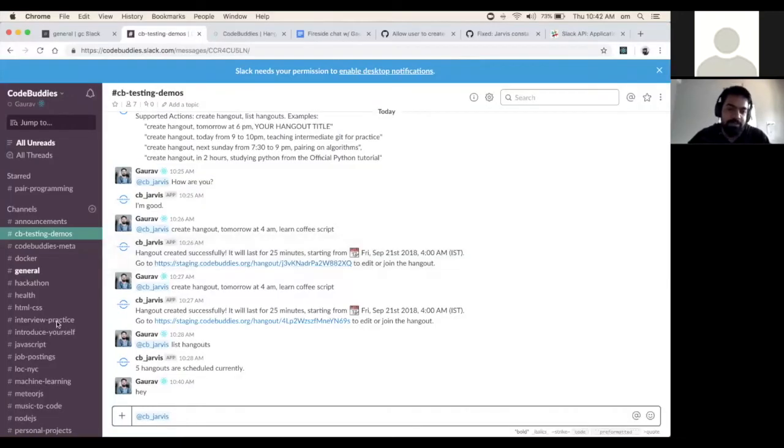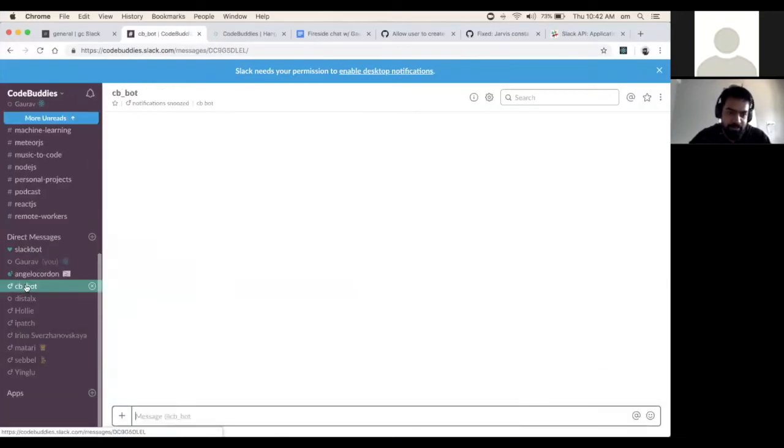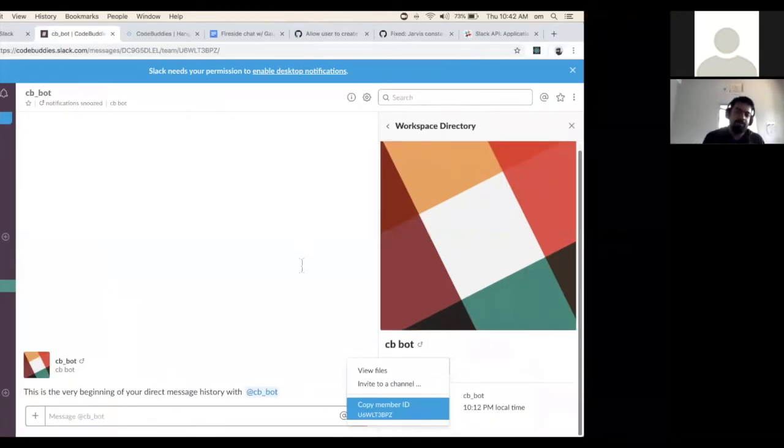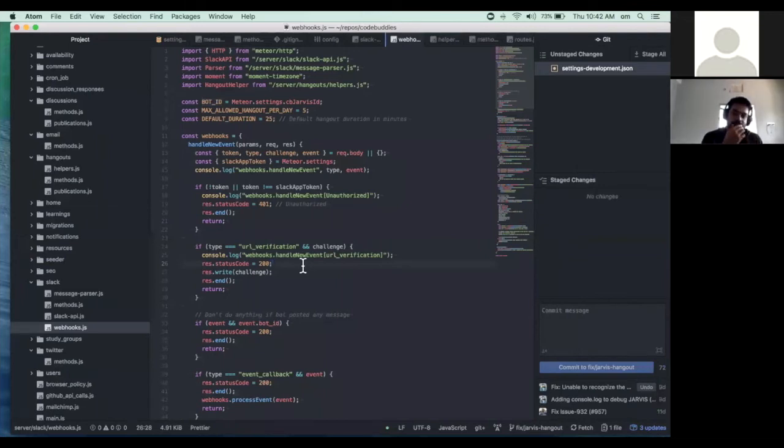So CB Jarvis also gets its bot ID, like in this case, it has U6, this one. To check whether the message is coming from Jarvis or not, I use this bot ID to recognize the message and